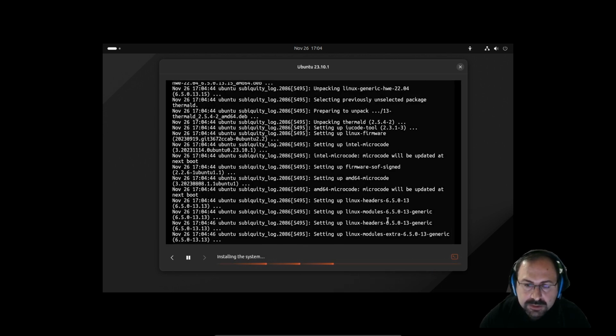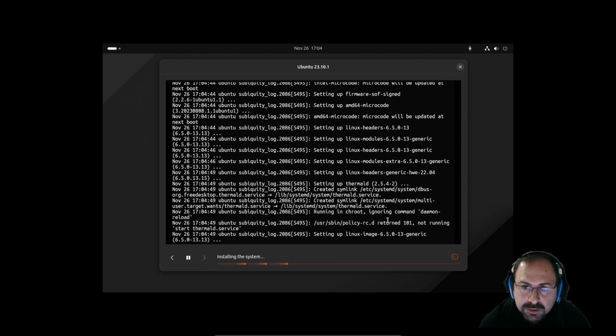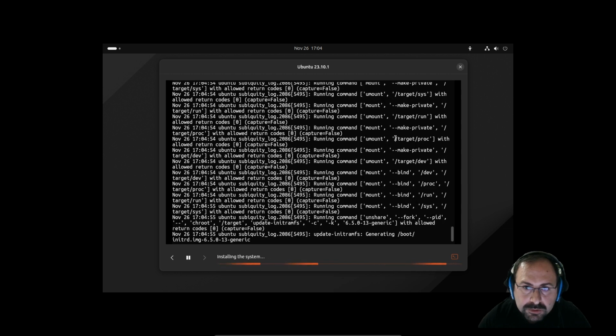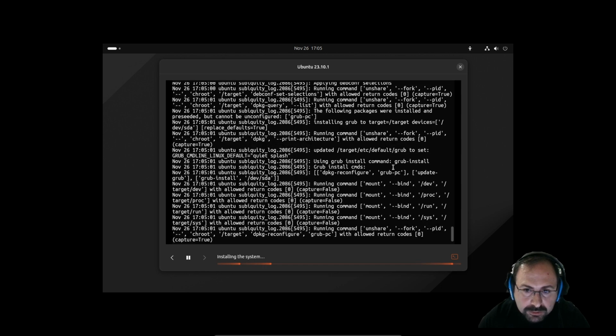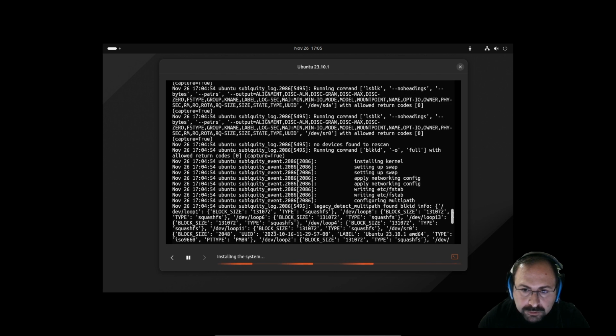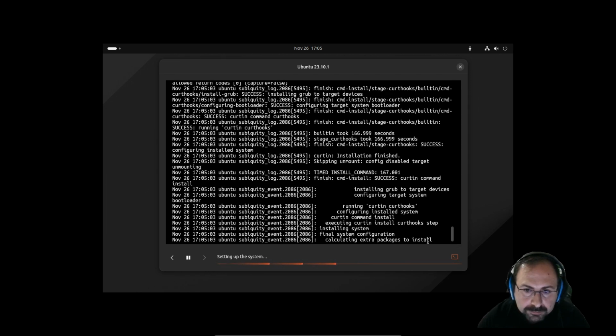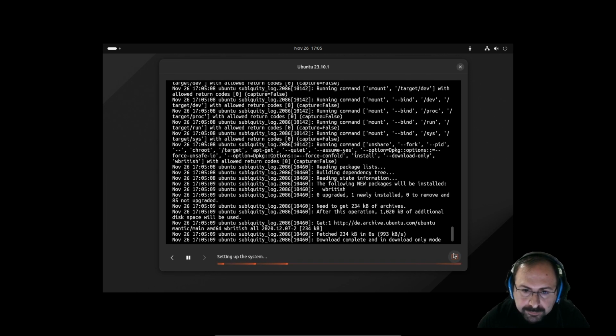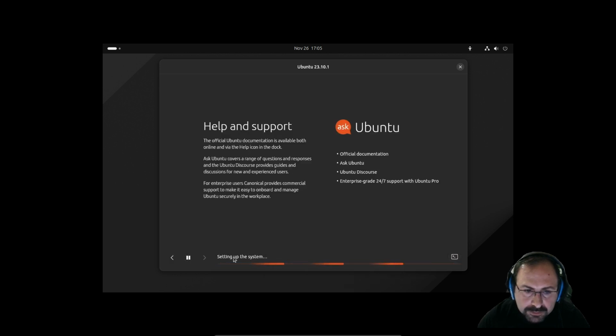And now it's installing headers and modules. As I said before, it's coming with Linux kernel 6.5. Now it's configuring the grub bootloader. Now setting up the system.